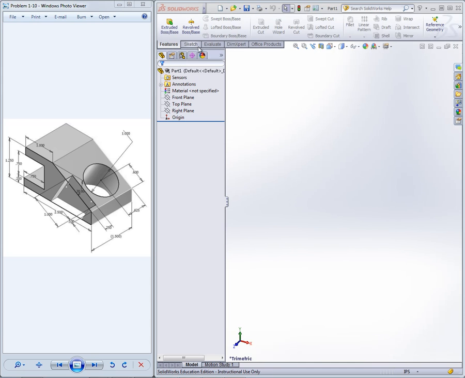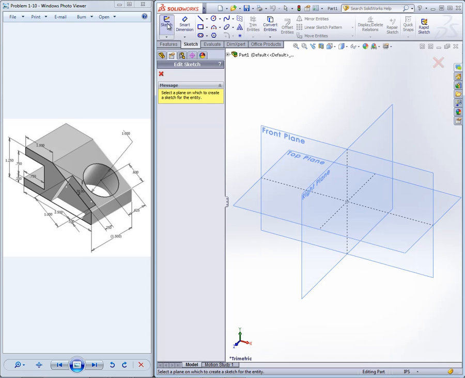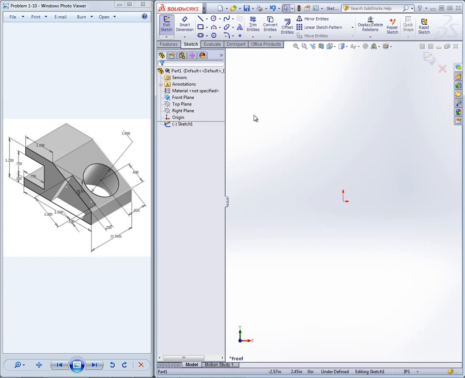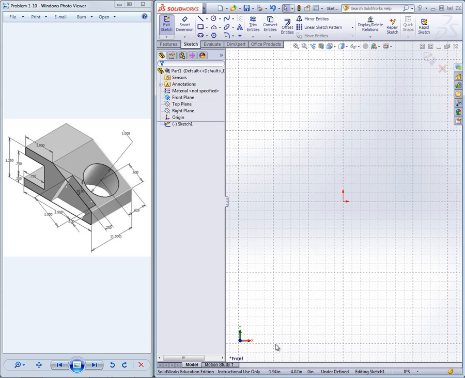And then we'll move the cursor to the Sketch tab, left click once, left click on the sketch icon. We'll move our cursor over the front plane. When it becomes highlighted, we'll left click once. Then we'll right click and left click on Display Grid. And then we'll start by sketching out the original sketch that is used to create this part shown at the left. So I'll move my cursor up here to the Line command, left click one time,